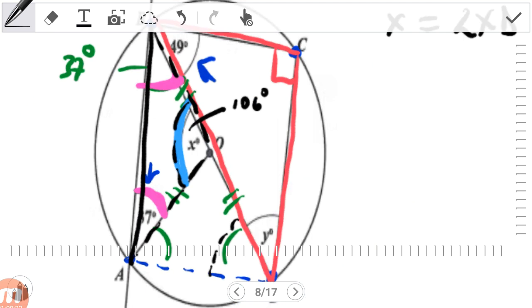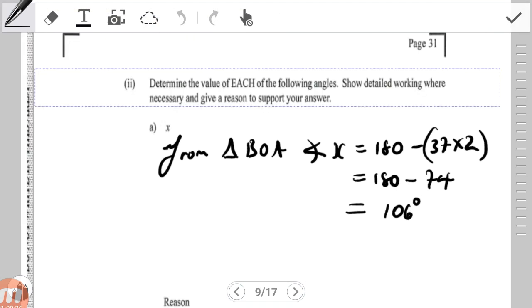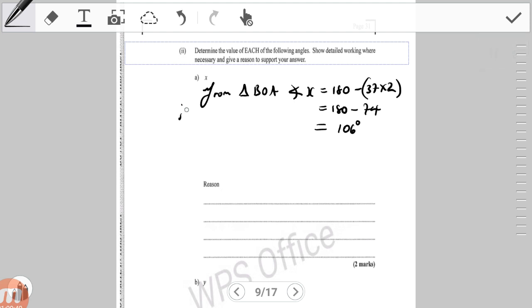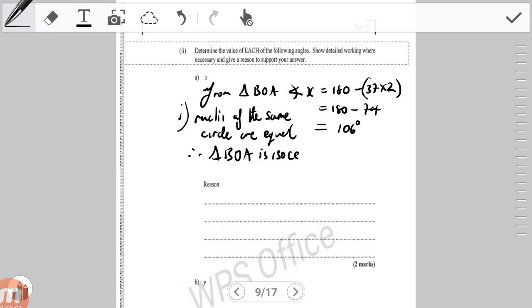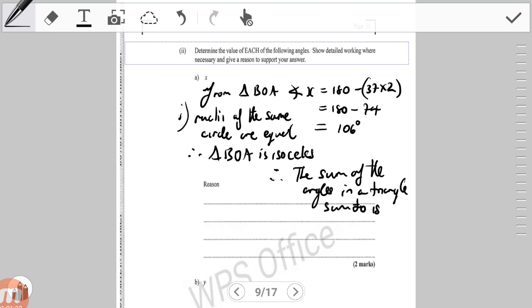106 degrees, and so we can safely say that there are actually two statements that can back up what we have just done. We can say that one, radii of the same circle are equal, which therefore forms triangle BOA is isosceles, and we know that an isosceles triangle has base angles equal. And then we can also solidify what we have: the sum of the angles in a triangle